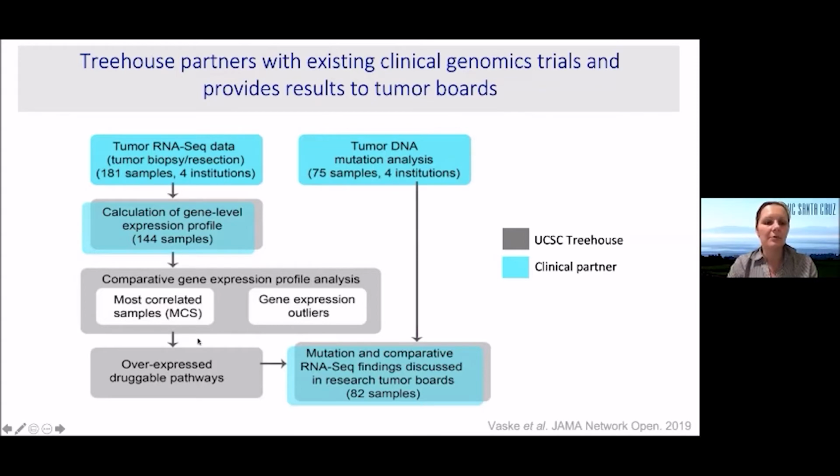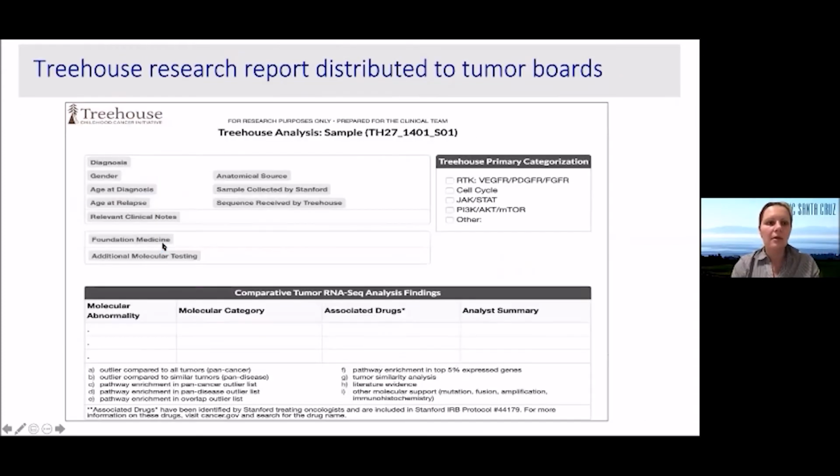And this is a summary from our initial study that we just published last year, summarizing our first cohort that we did this on of 144 samples. So we generate a research report that we produce and provide to clinicians. So it's important to mention that our approach is not a CLIA-approved test. So it's currently a research assay, although we have ambitions for this to become a clinical